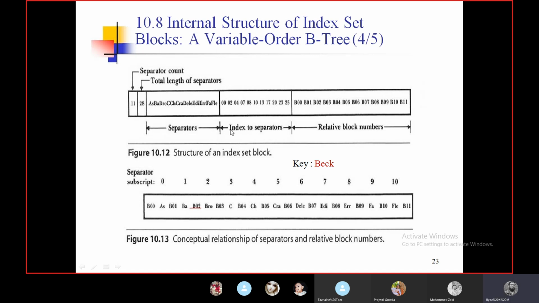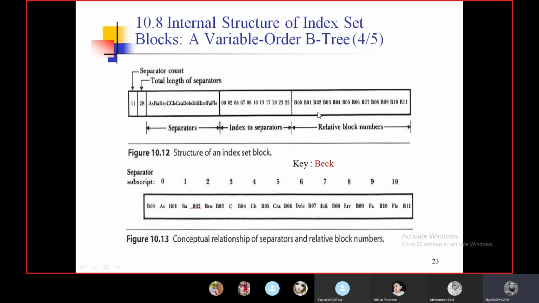This arrow represents the separators, and the next sub box represents the index to the separators, that means the sequence number of the separators. We are giving numbers to each and every separator, and the next sub rectangular box is the relative block number. That means this separator is linked to which block, which sequence block, or which block of records.